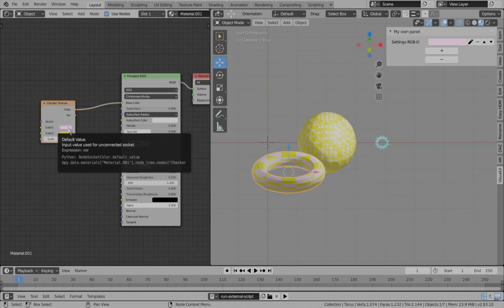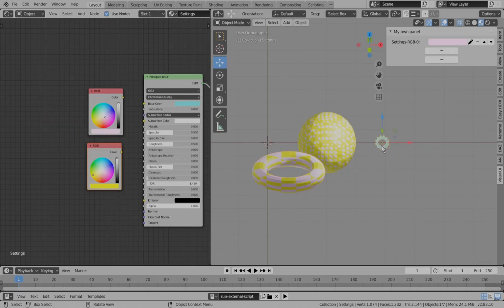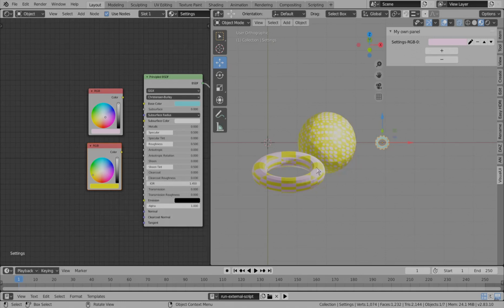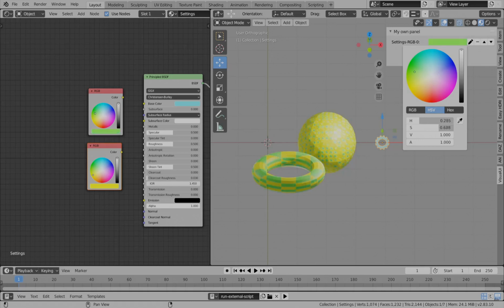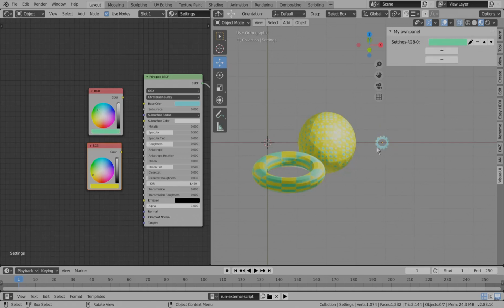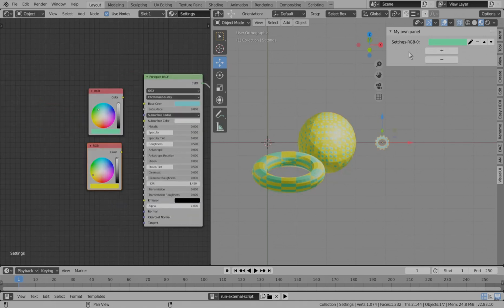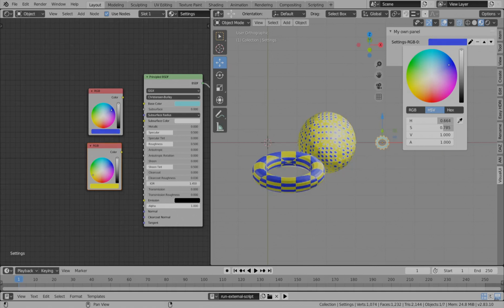The good thing is that in this way I can really very well organize all my properties, colors, and even custom properties of objects in my panels, so that when I need to access them, I don't even need to care to select the appropriate object or material, because they are already here.